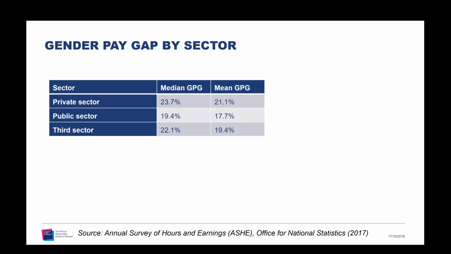They represent the figures taken from the annual survey of hours and earnings, which is where the national gender pay gap figures come from. And I think overall, the gender pay gap in the private sector is considerably larger than the public sector. I guess there's lots of reasons for this. Employees in the public sector are protected by collective pay agreements and other similar contracts establishing pay and pay rules, I suppose. And also, importantly, transparency is a key feature of public and third sector pay systems, which may account for a smaller pay gap, really, overall.